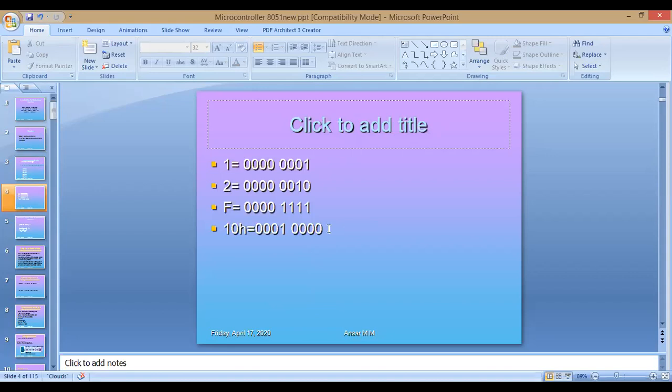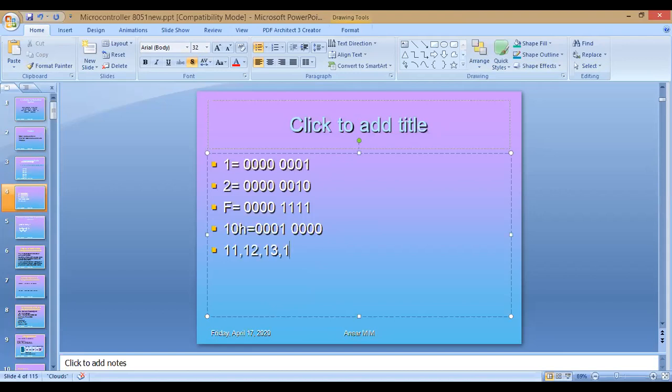Then after 10 will be 11, then 12, then 13, then 14, then 15, then 16, then 17, then 18, then 19. Then what will be the next hexadecimal number? What is the next hexadecimal number? It is 20. Sorry, it's not 20, it is 1A,